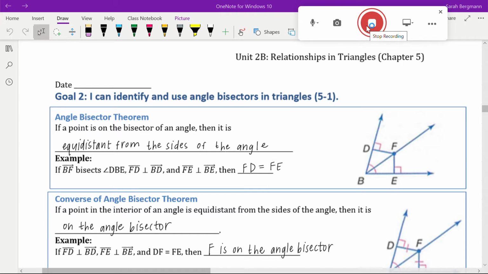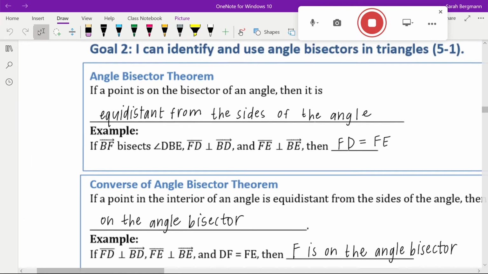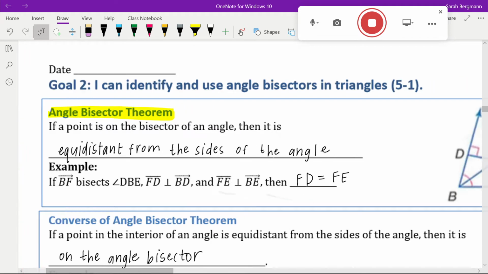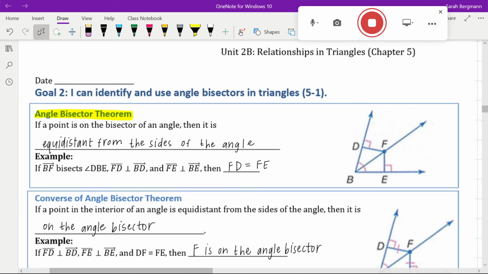Welcome back. This video is going to talk about angle bisectors in triangles. First, let's learn the angle bisector theorem. It says that if a point is on the angle bisector of an angle, then it is equidistant from the sides of the angle. So, for example, if ray BF bisects angle DBE, meaning it cuts it exactly into two congruent angles, then